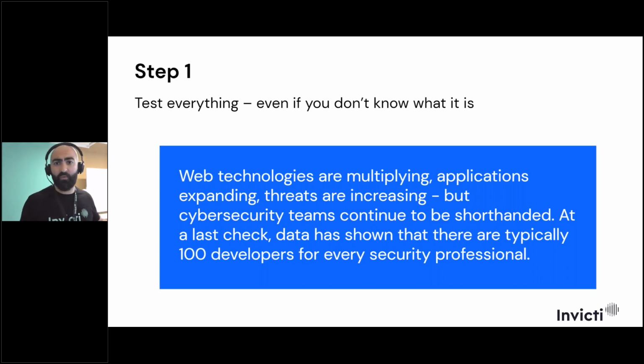Don't ignore, don't skip. Even though you might say, look, I don't want to bombard my developers with a lot of vulnerabilities, with useless applications, legacy applications, or even applications that I'm not even using. I don't want to burn out my developers. So let me focus on the flagship of my company, the application that generates revenue for me.